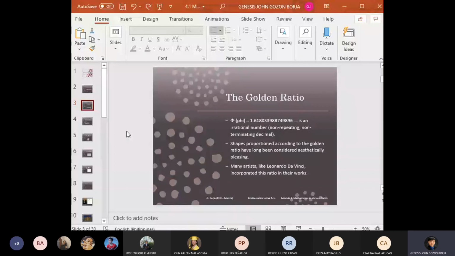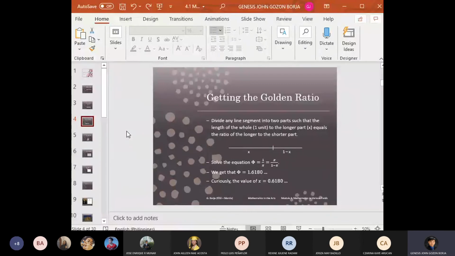And many artists, like Leonardo da Vinci, sabi nga natin when we talked about da Vinci before, was very much aware of his mathematics, and in fact, his applications of mathematics are in his artworks. So sabi nga natin noon, si da Vinci ay isang illustrator doon sa aklat ng kanyang guro. So he applied his mathematics in his works. And many other artists incorporated the golden ratio in particular in their artworks. Mamaya tingnan natin ano-ano yung mga yun. Now, how can we